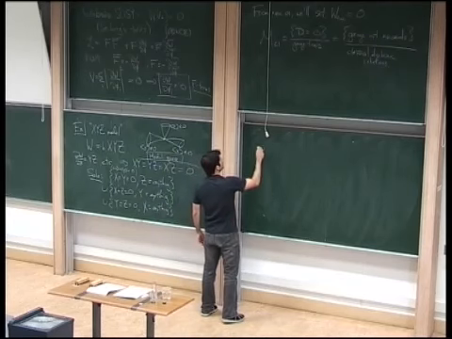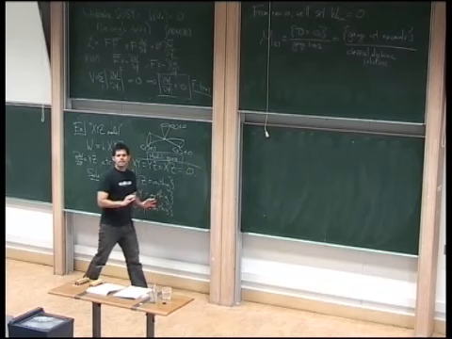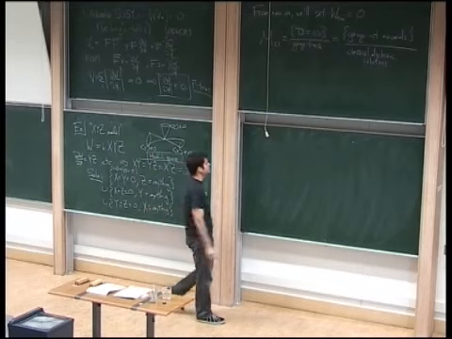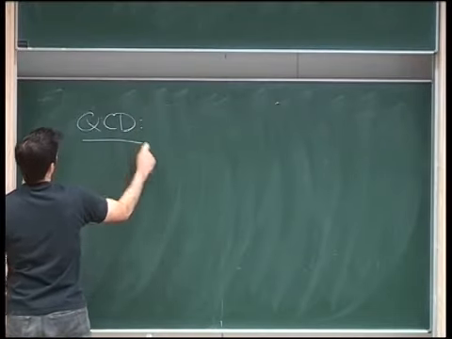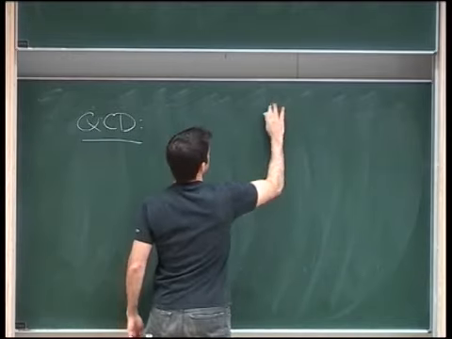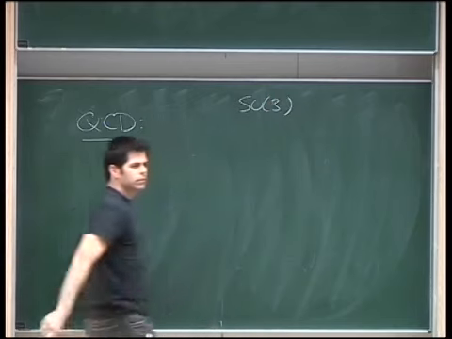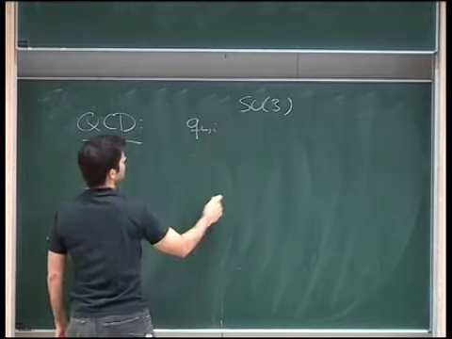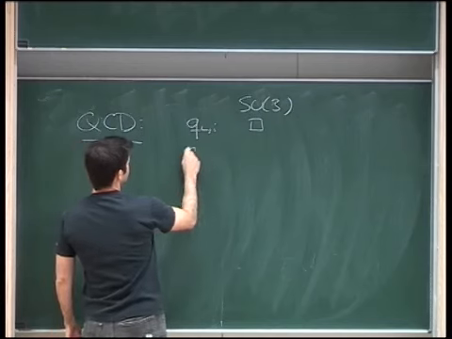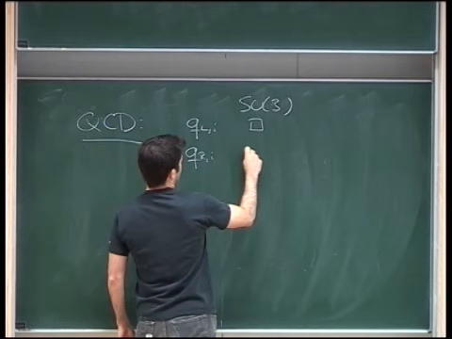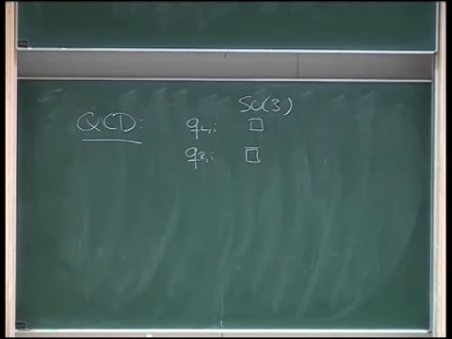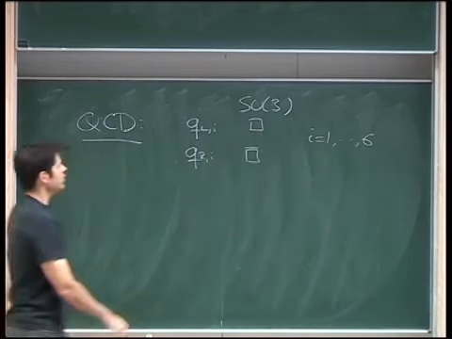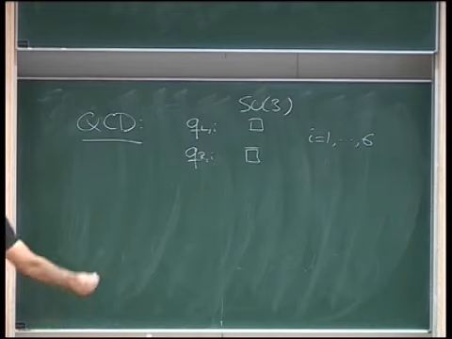OK, so what's super QCD? Oh, what's QCD? There are many speakers here who have already talked about this in a lot more detail than I will. But from my perspective, what's QCD? QCD, well, it's an SU(3) gauge theory with some left-handed quarks transforming in the fundamental, and some right-handed quarks in the anti-fundamental. I don't care about whether they're SU(2) doublets or not. And if you want to include all 6 flavors, there you go. So super QCD,